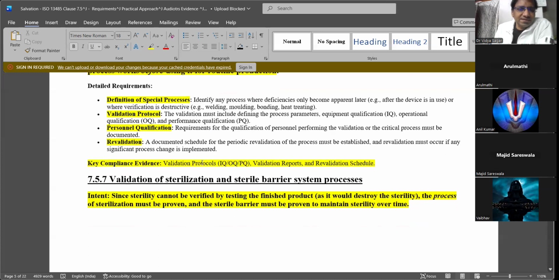But you can do revalidation. That is what it's all about: a documented schedule for periodic revalidation. Suppose the devices you have produced are coming out of specification, there are more rejections. You can do a root cause analysis: is it because of material, or manpower not trained, or what is happening with process parameters. If there is something wrong with the process parameter, then you do a revalidation with the same process parameter. If the same process parameters are not giving you 0.2 mm ID,